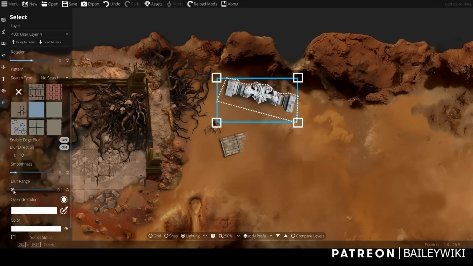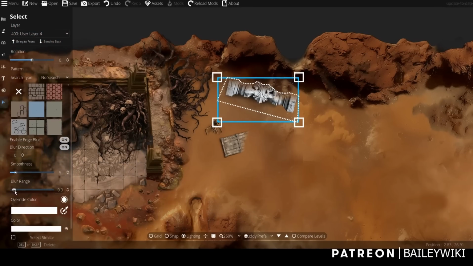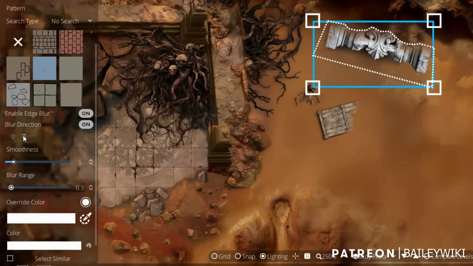So let's adjust it generally where we want. And then what blur direction does is it makes the blur only come from one direction, from top down, left or right, or some variable between. You can go in 360 degrees. As you change that, it will make the blur affect certain edges, right? In this case, we're actually good with coming from the top down, and it won't impact the other edges. And we'll just give it a really slight